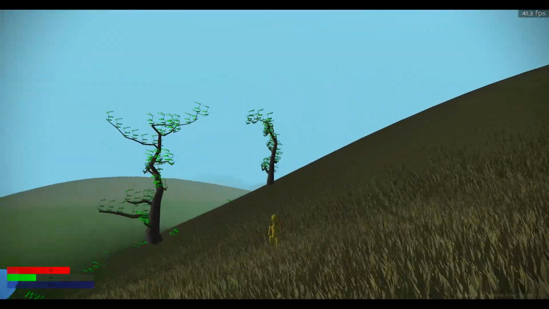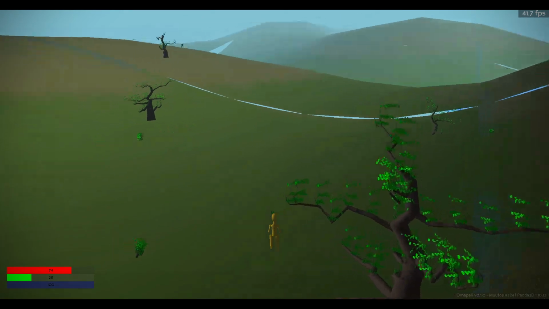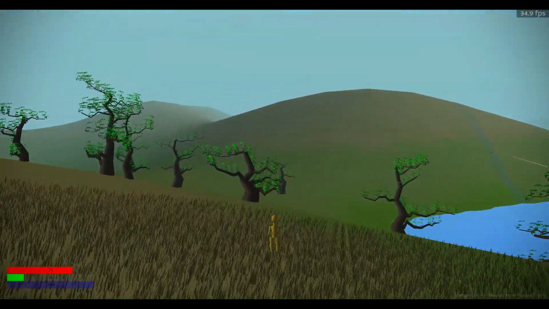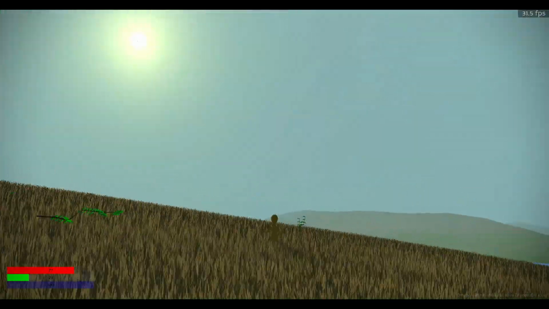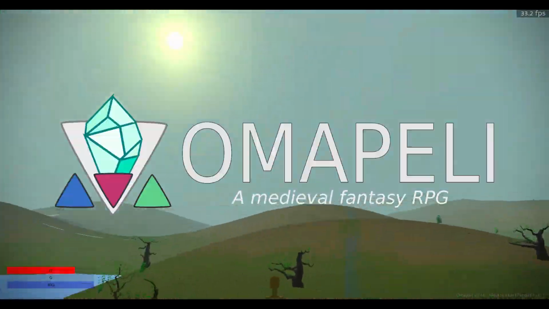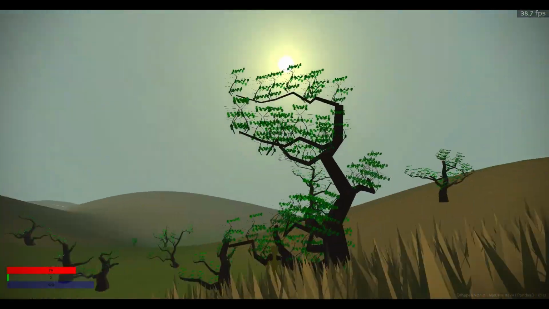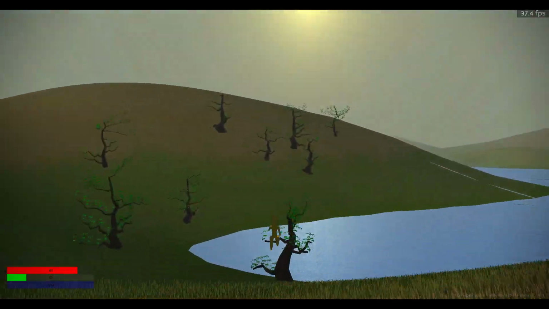Yes, I think it has finally come time to shift the focus from world building or beautifying it to adding the core gameplay mechanisms to the game. I still have this and the next month to work with Omapeli until it becomes December, when I have planned to release the initial alpha demo, so the schedule is quite tight.